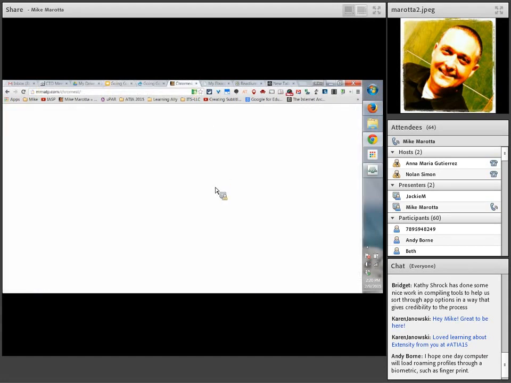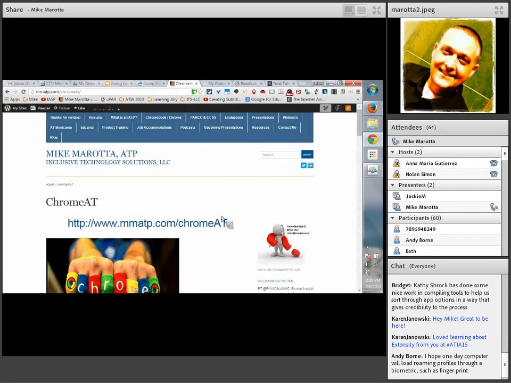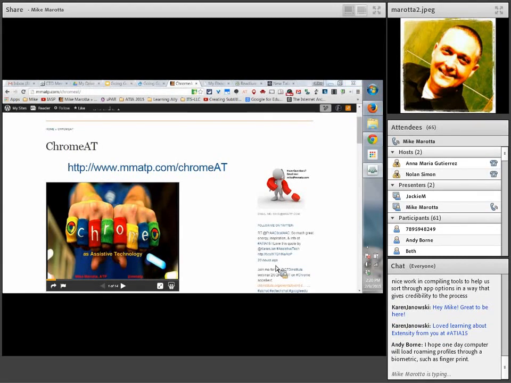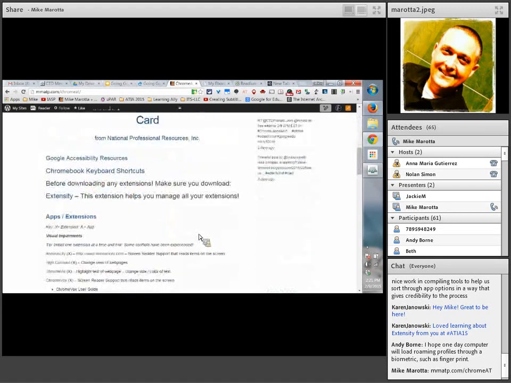So as we go through, don't feel the need to write a lot of them down. Here's the web link. It's mmatp.com/chromeat. As you go through and you see one that you like, make note of it somewhere, but then come back to this page, because as long as you're in your Chrome browser and you're viewing this page, all of the apps and extensions are linked directly to the store where you